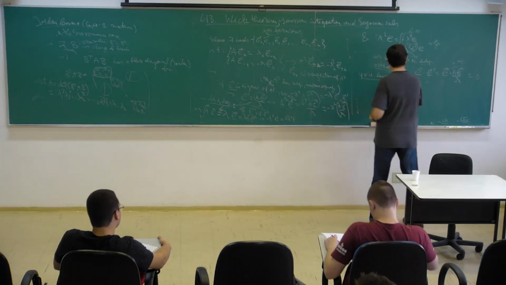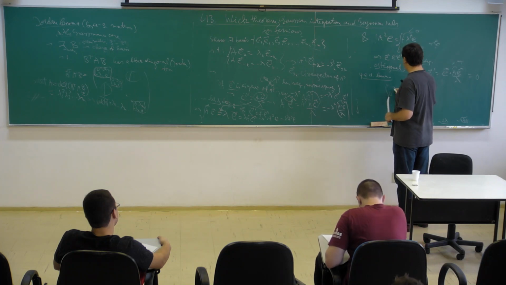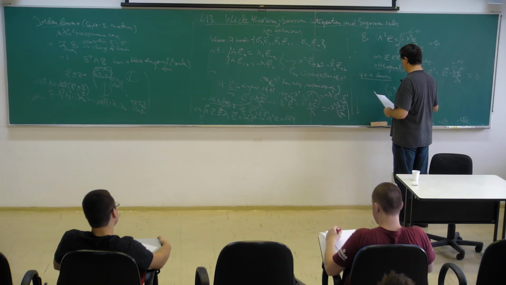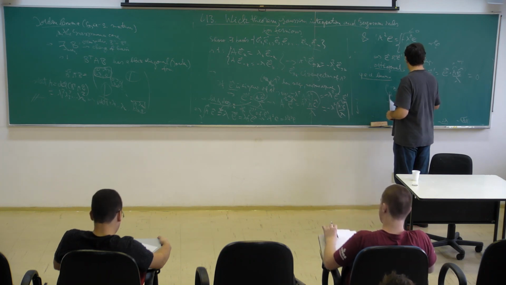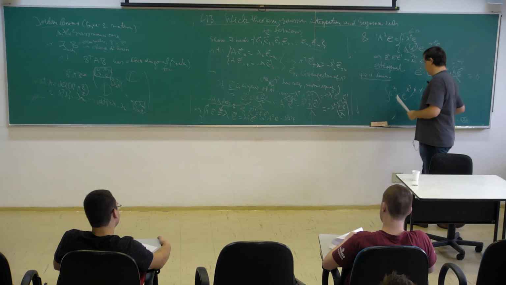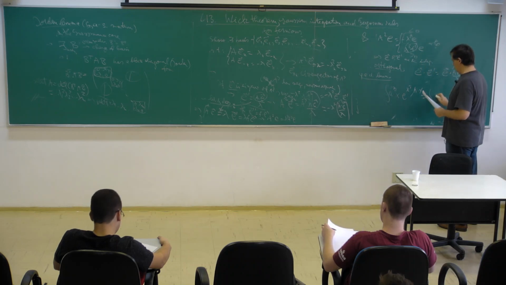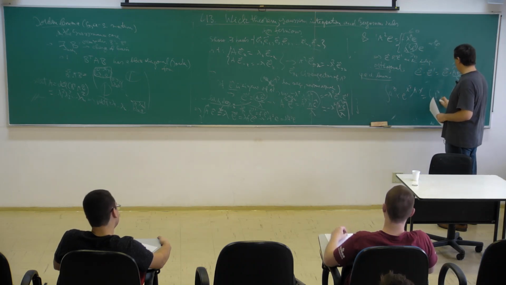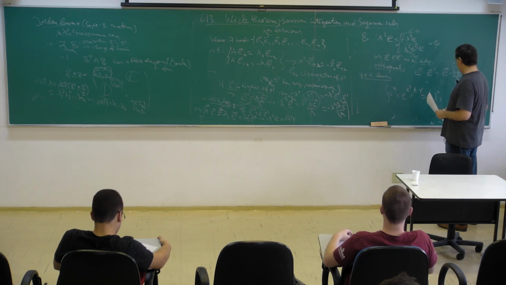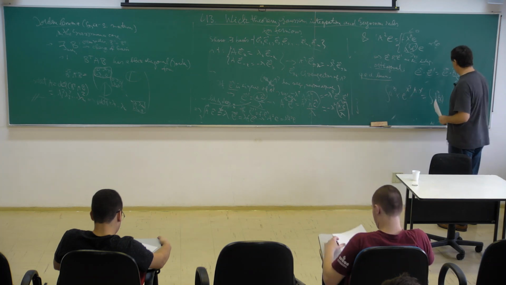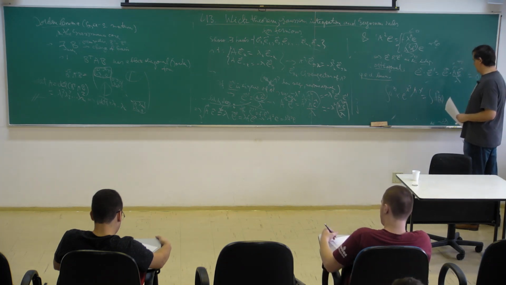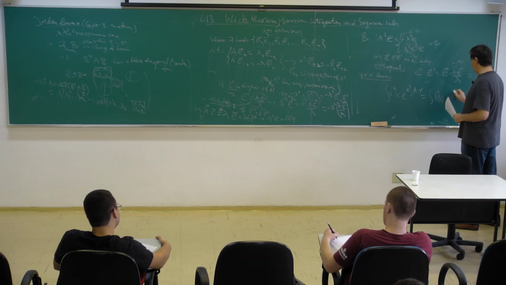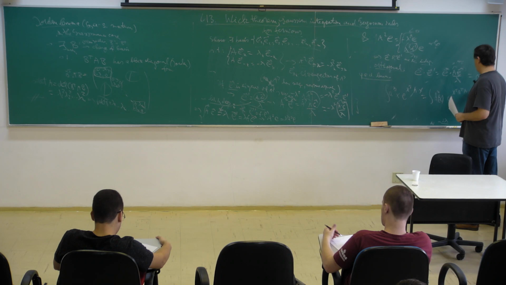So we can now say that the integral d^n x e to the minus x transpose A dot x is, now we do a transformation on the basis x, so we can write this as the integral d^n of Bx e to the x transposed B transposed A Bx,